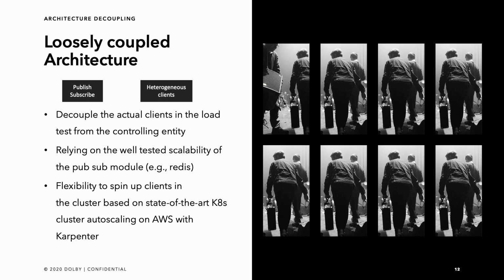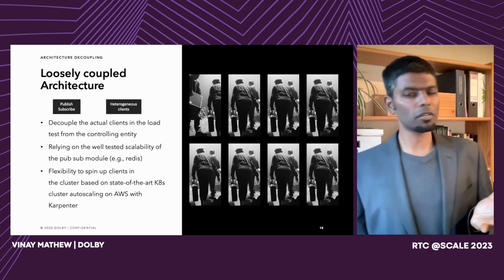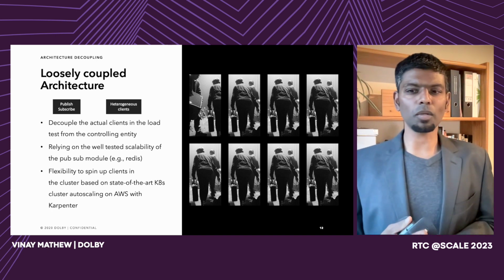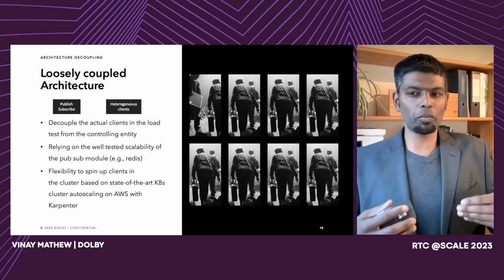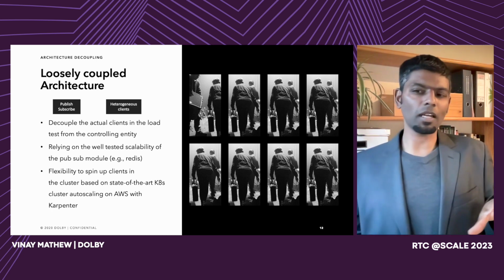And for that, like I mentioned before in the architecture, we have used Redis as an implementation essentially of that pattern. Obviously, this loosely coupled architecture sounds good, but there are, like I mentioned, some caveats. When clients essentially get a blueprint through these messages that are published and the clients subscribe to,